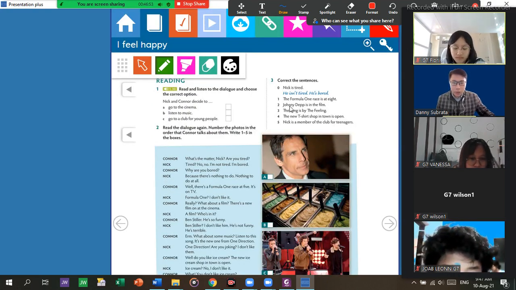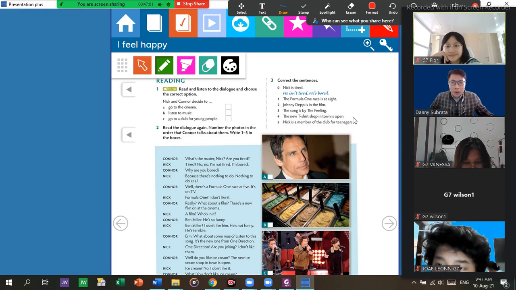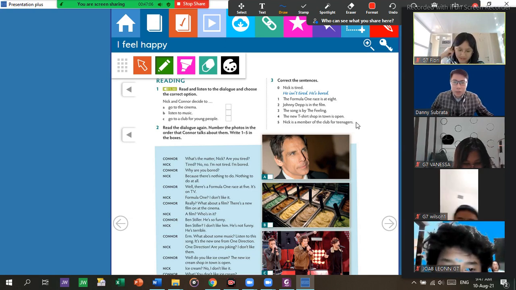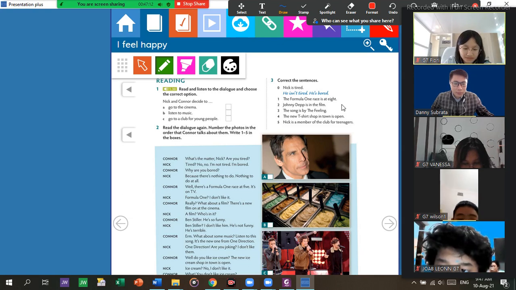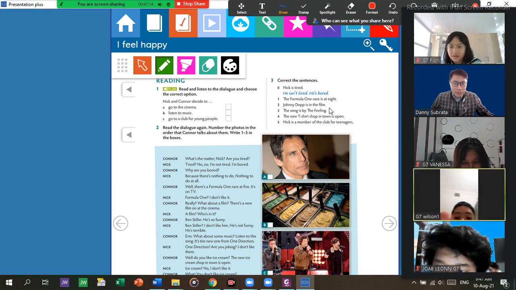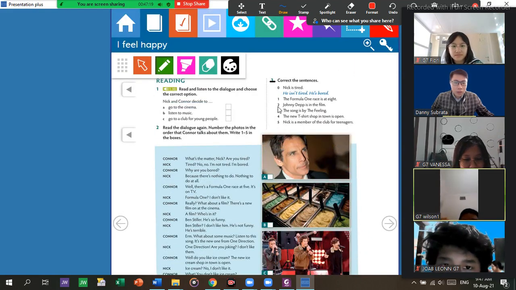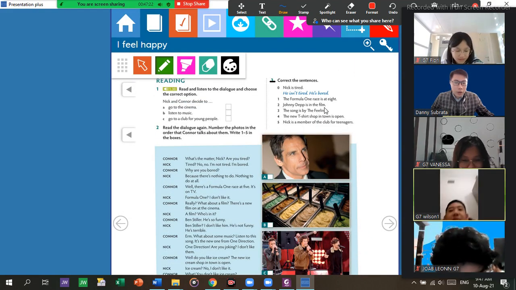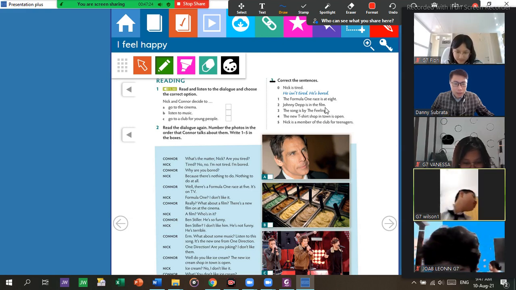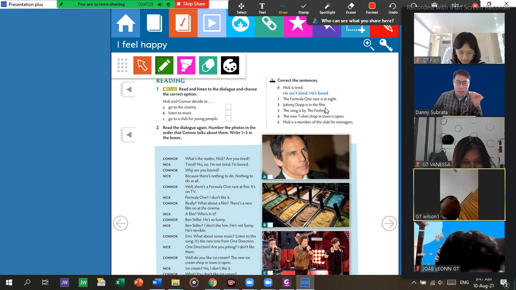Okay. Number 2, Johnny Depp is in the film. So how do you answer it? Wilson, your camera. Because you turned off your camera, please answer this one. Number 2. Johnny Depp is in the film. What happened? Why are you blank? Number 3 on page 24. You have to correct the sentence. Correct the sentence. Why are you jumping around, Miss? There are several questions. Yeah, probably a little bit.